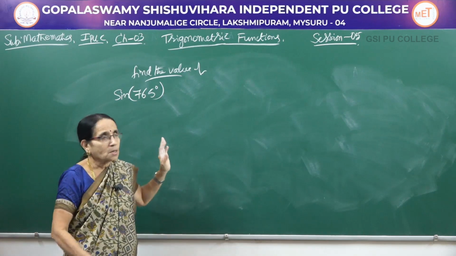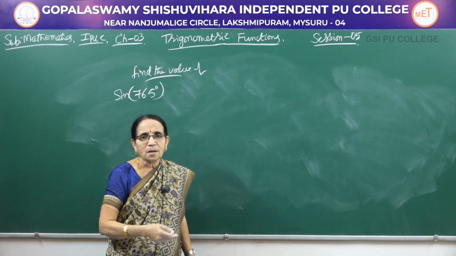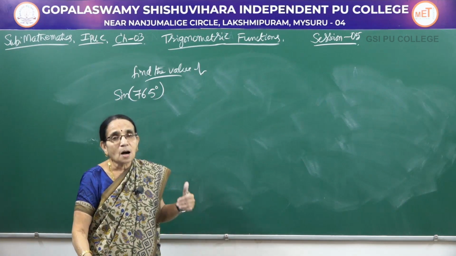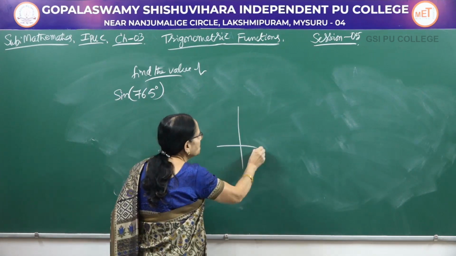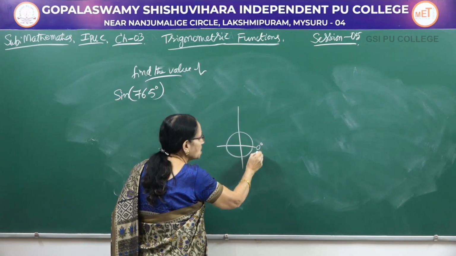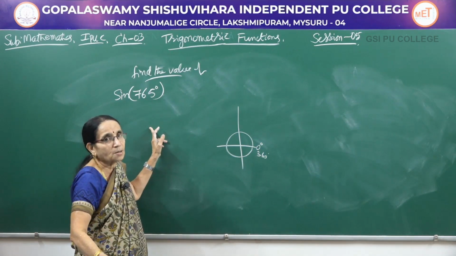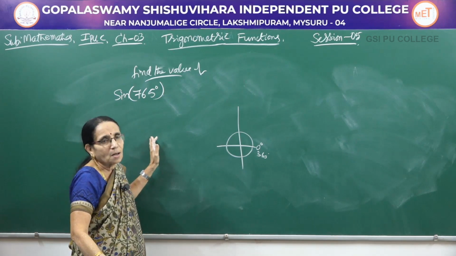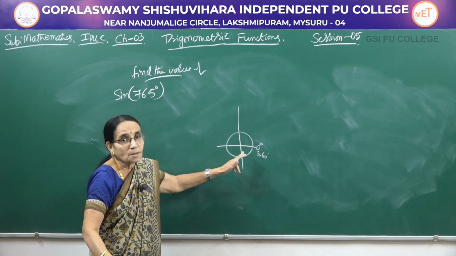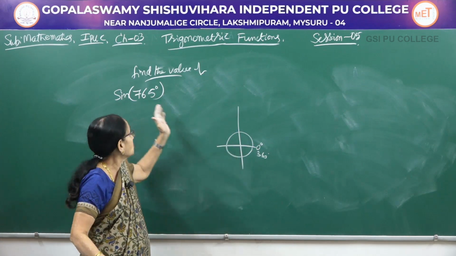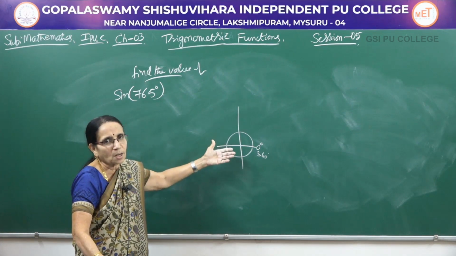Now, I had mentioned in the previous session, if the angle crosses 360 degree, I think I showed you one example also. If it crosses 360, what you have to do? You know that after completion of one round, this is 0 degree and this would be equal to 360. So, from this angle if you subtract 360, you will be getting some angle. Now, again if it is less than 360, okay, otherwise you have to subtract another 360, then you will be getting an acute angle or whatever obtuse angle it may be.